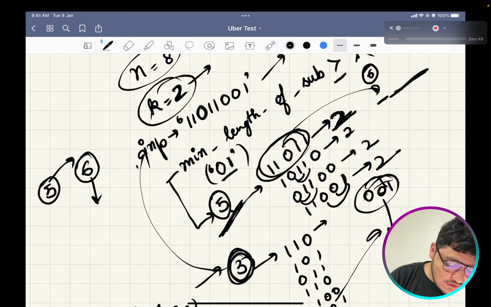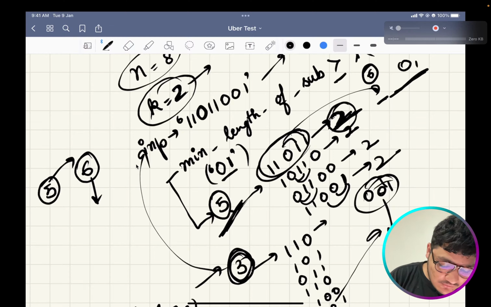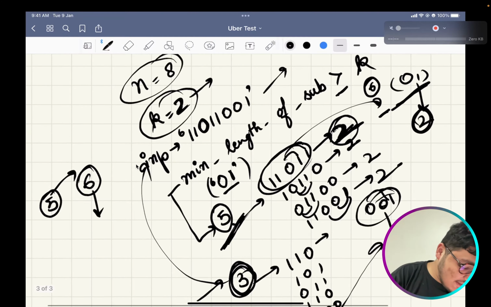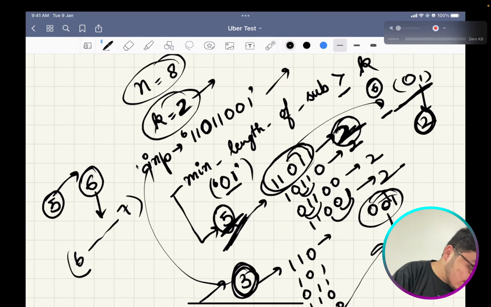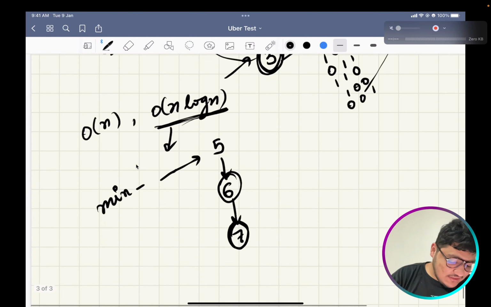So your 0 1 subsequences would be at least 2, they can't be less than 2. So if 5 is satisfying the condition k, then obviously 6, 7, 8 and all will satisfy. And since you have to find the minimum, you won't be going in this direction.